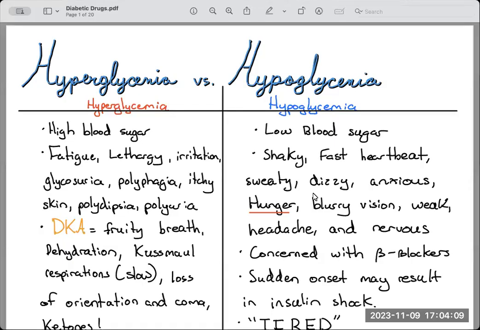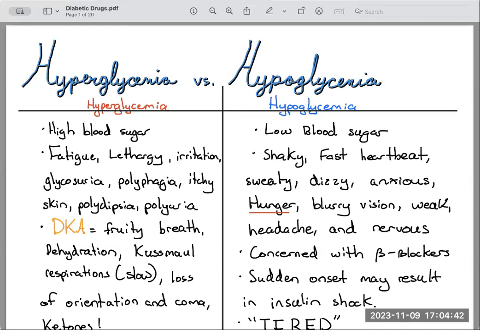Okay, so the first thing that I want to talk about when it comes to the diabetic drugs is the difference between hyperglycemia and hypoglycemia. So normal blood sugar is usually like 70 to 110, 120. That's a typical normal blood sugar level. But hypoglycemia is when we have a sugar less than like 40, and hyperglycemia is pretty much anything over like